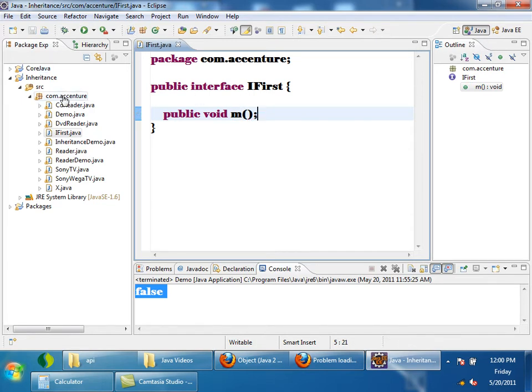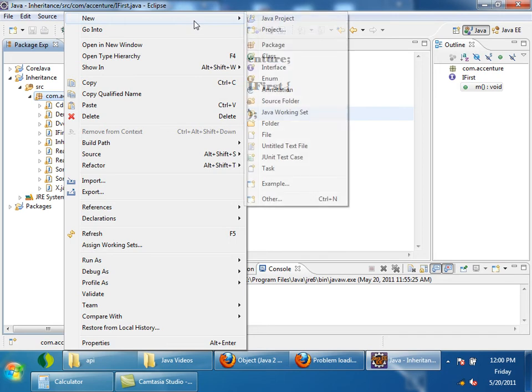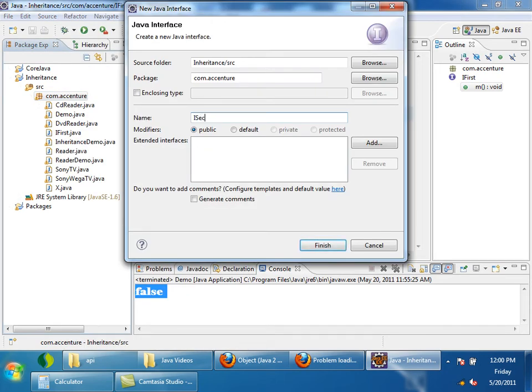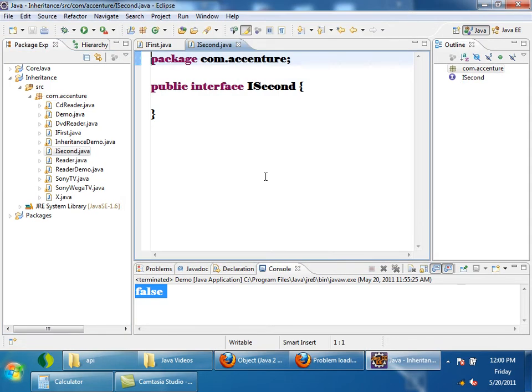And I am defining another interface, I second. Here I will declare another method public void n.